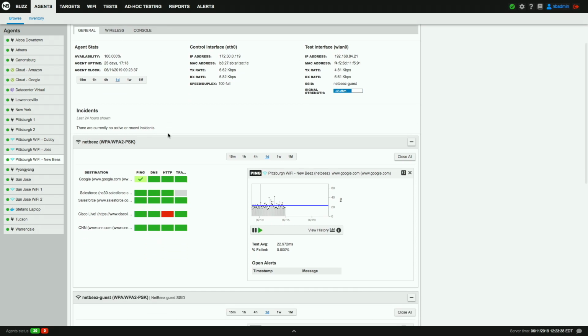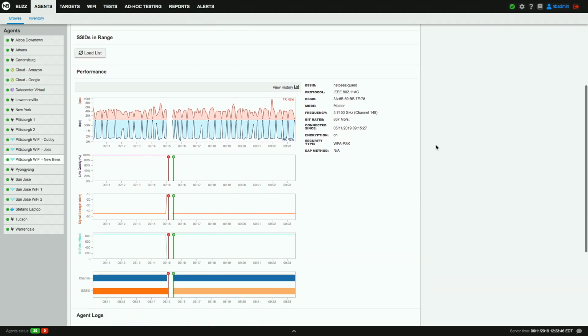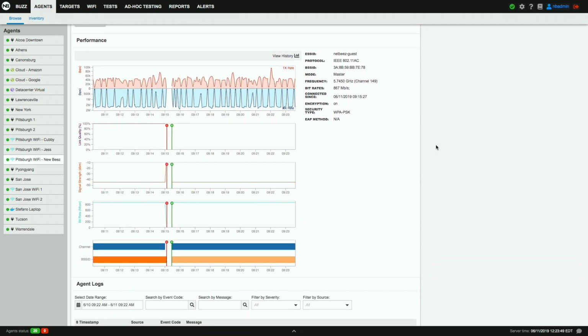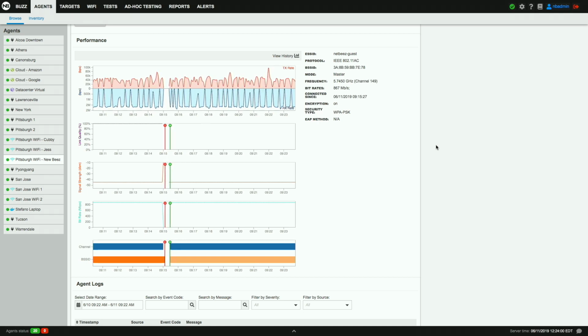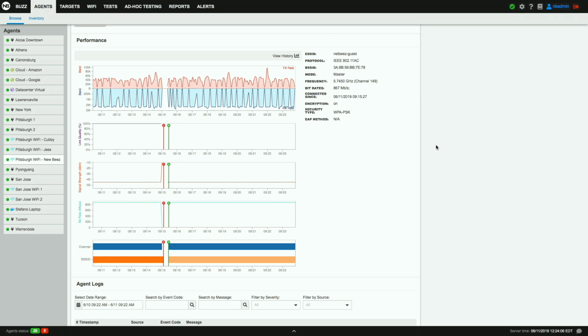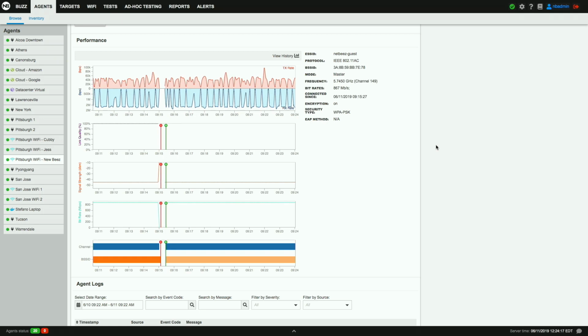So this is the real-time information, the real-time data, and the historical. On the wireless tab here, you can see, again, historical and real-time information around things like link quality, signal strength, what bitrate has been negotiated with the access point. This goes back, of course, to the detection and troubleshooting use case, where, again, waiting for the user to report something is not the fastest way to detect a problem. And then, of course, you have to rely often on user feedback